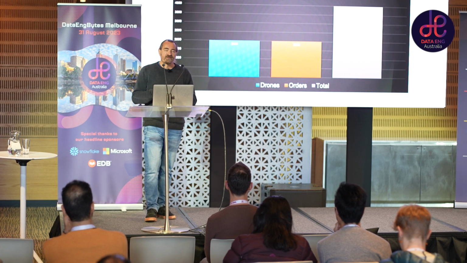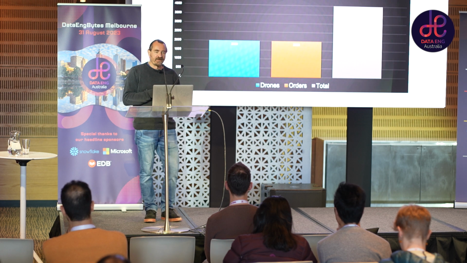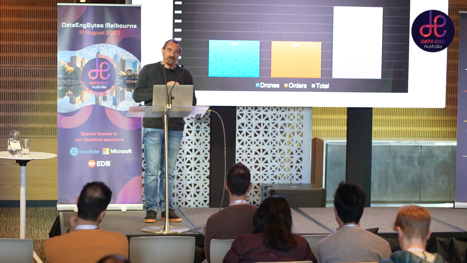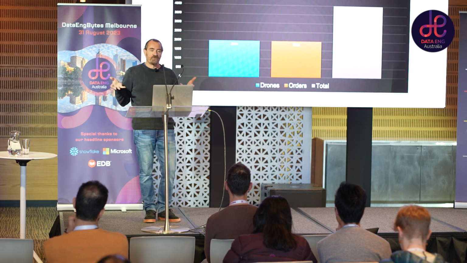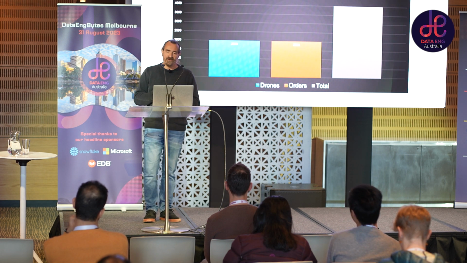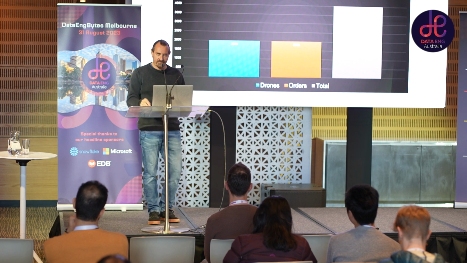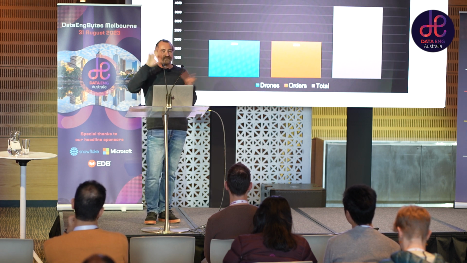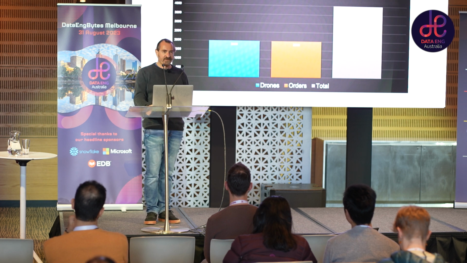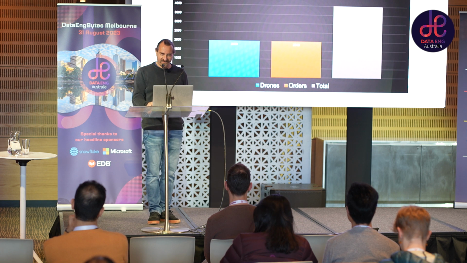So the results of the load test: we managed to get 2,000 drones running concurrently with that setup, but for each drone there's actually an order, so that's 2,000 orders as well, which gives us a total of 4,000 concurrent workflows running for that system. So that's not a bad number of things. Trying to get that number of drones flying at once in reality might be a bit tricky, as with the recent example of some of them falling out of the sky.